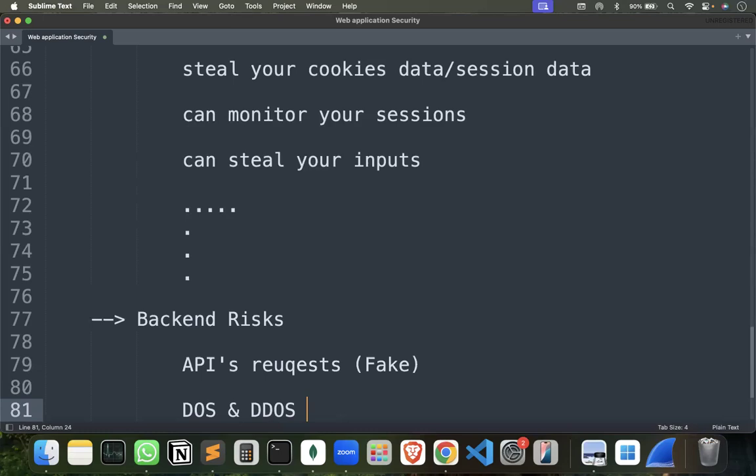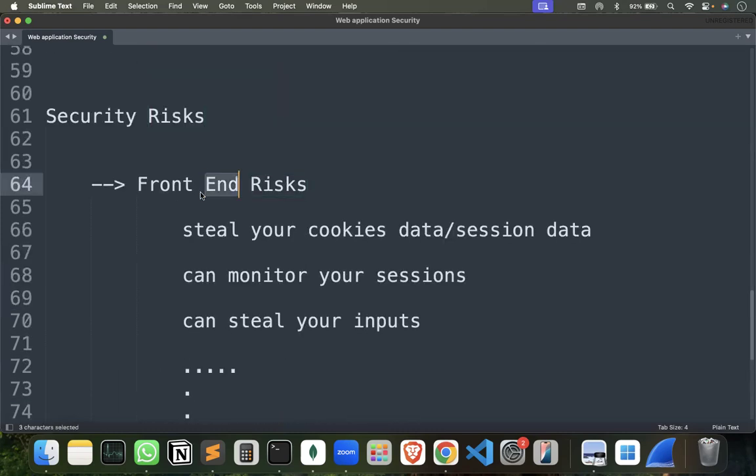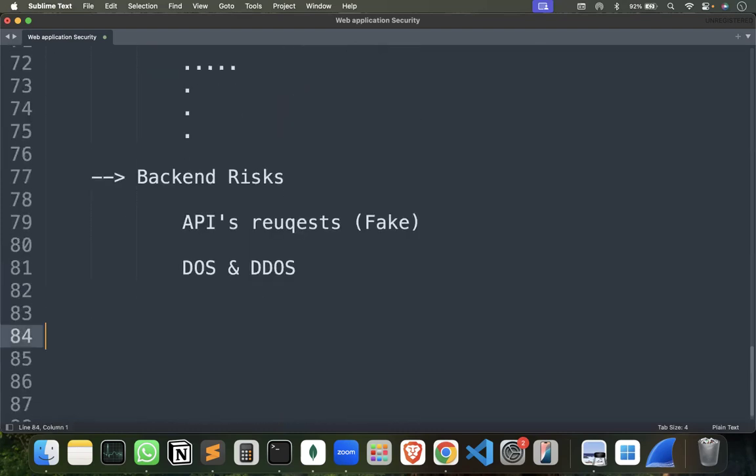It's going to slow down. And it depends on how the backend is designed. If you know exactly how the backend is designed, you can go into very specific ways. So there are backend risks, there are front end risks, and of course you have